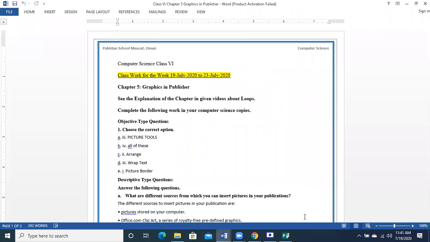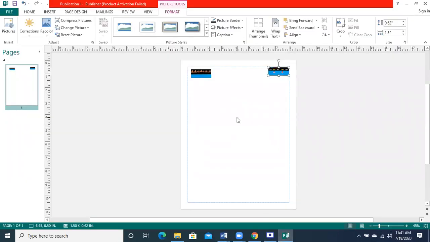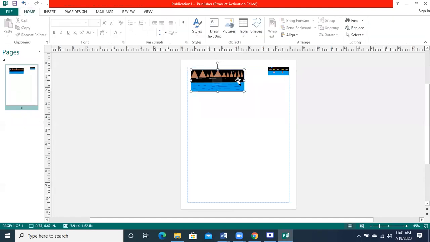When there is text near a picture and you have to arrange it, then we apply the wrap text option. A wrap text option is applied on the picture, and some text is there, and you need to arrange that particular text in your document. So how is it going to work? It is a very important thing to understand.